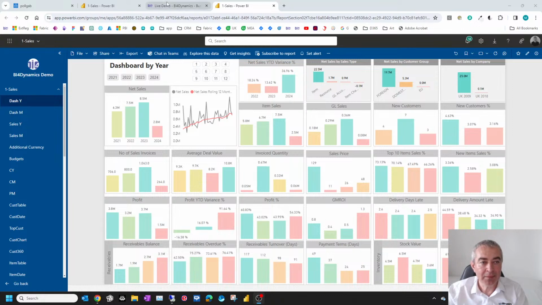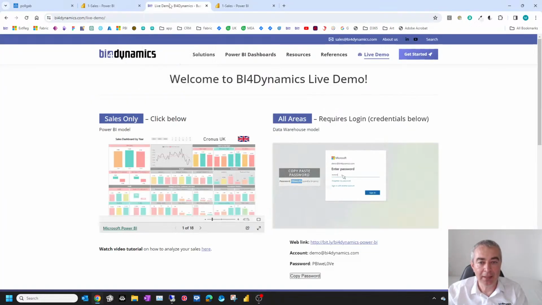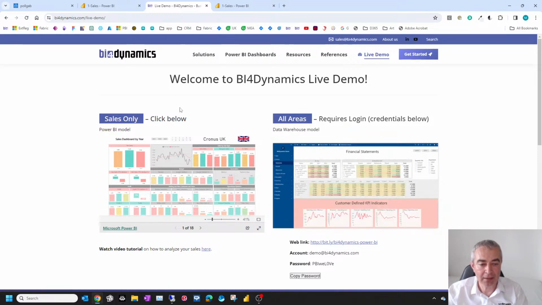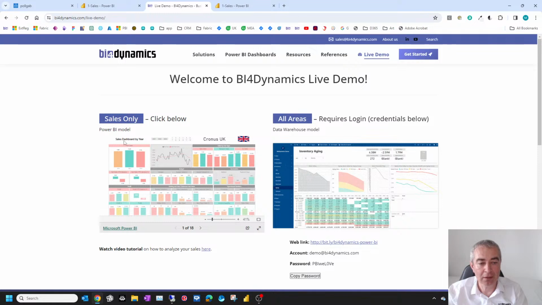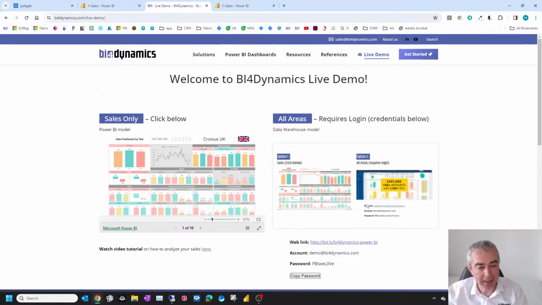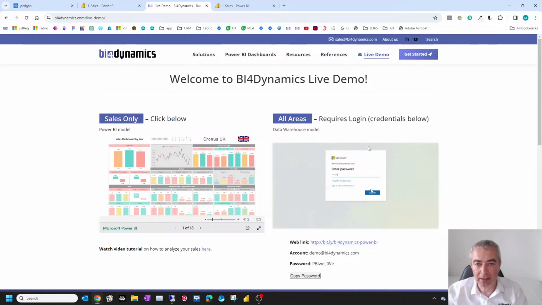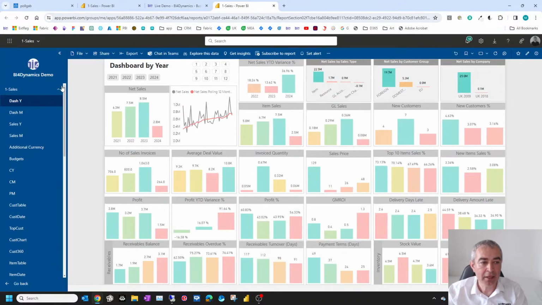Now, as explained before, these are our demo data, which you can access at any time. On the left side, these are the demo data that are based on what we call Sales Cockpit. This is a Power BI model directly connected, and it's available for Business Central customers. And this is a data warehouse-based solution where, as I'm logged in here, it offers